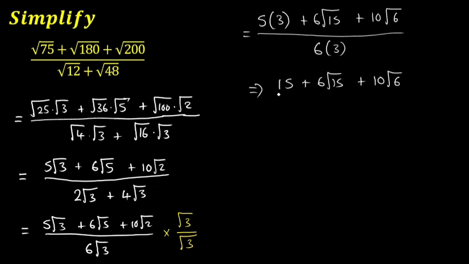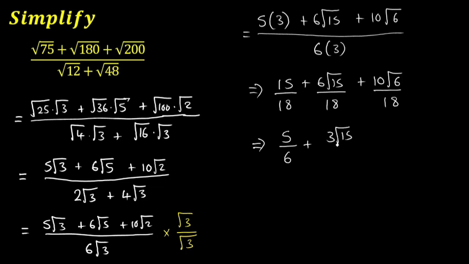We don't have common terms, but in the denominator we have 18. So that 18 can be split to the 15, as well as to this part and this part. Then in our final step, we can reduce it. So 3 can go into 15 5 times, and 3 can go into 18 6 times. 2 can go into 6 3 times,